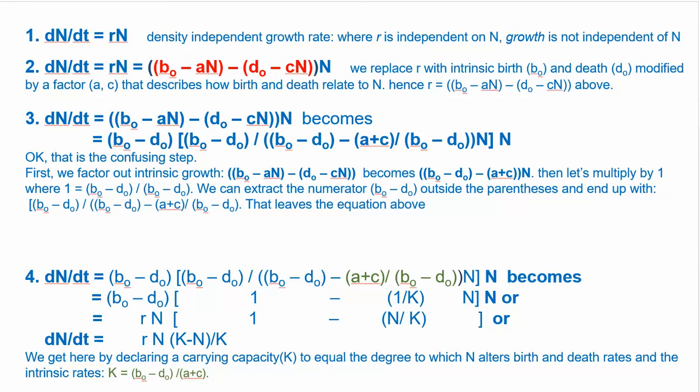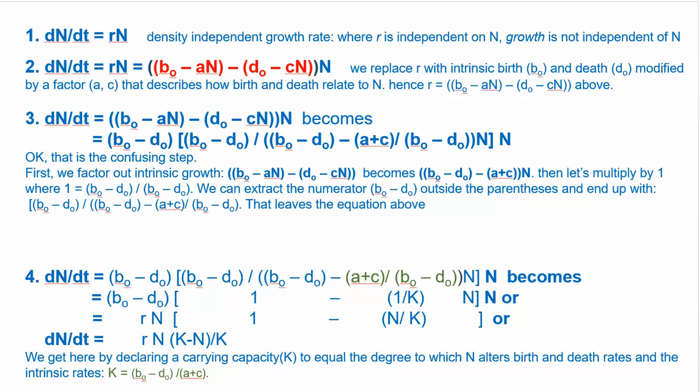And so we can replace that factor, birth minus death over the degree to which those things are influenced by density, down there at the bottom of this slide: K equals b sub o minus d sub o over a plus c. That's K, and we replace it, and we have the inverse of that in the equation up there on 4, so that's 1 over K. So we see that this simplifies down to saying b sub o minus d sub o, or little r, is equal to